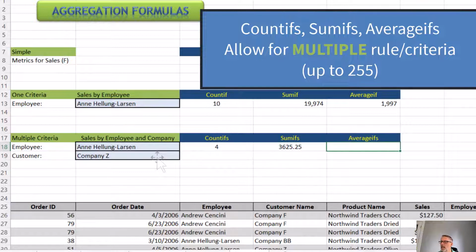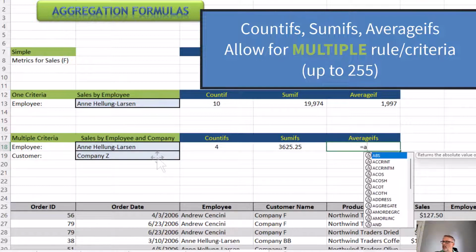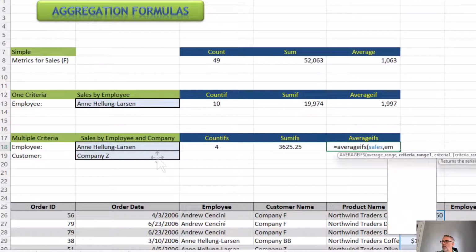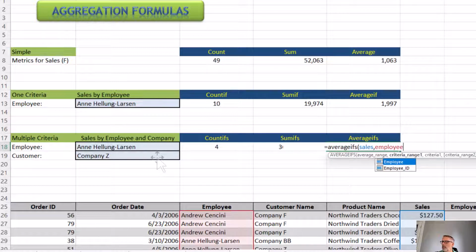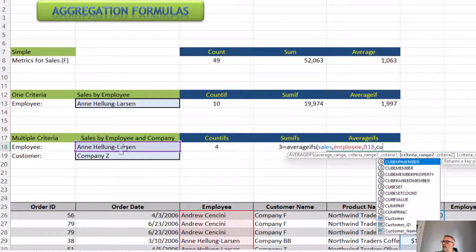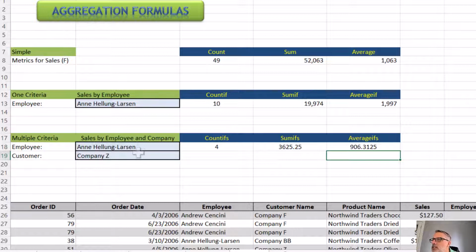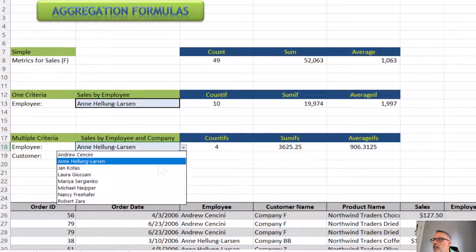Okay? And then we'll do equals AVERAGEIFS. My average range is going to be sales. My first criteria range is going to be employee, and then it's going to be the employee. The second one's going to be customer, and the customer name, and hit enter. And now you can see how as I change different things,